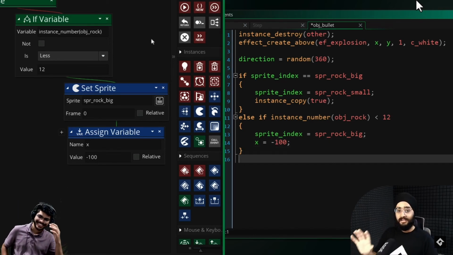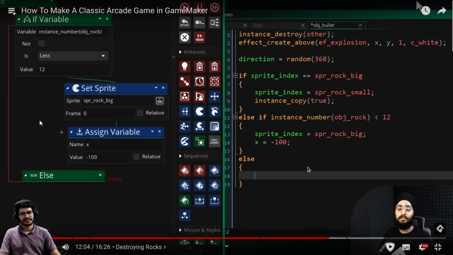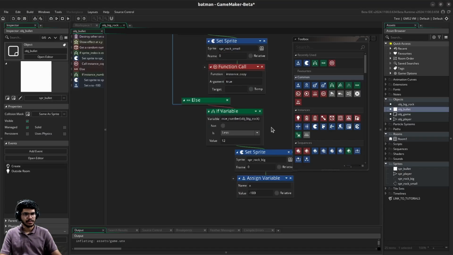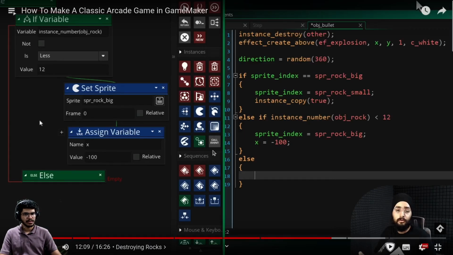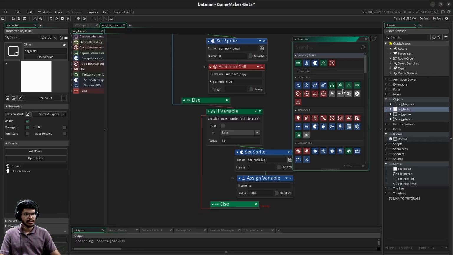Now finally at the end, I'm going to add another else, and this will run if both of the previous conditions are false, meaning the rock is small and there are already 12 rocks in the room. So in that case, we just destroy